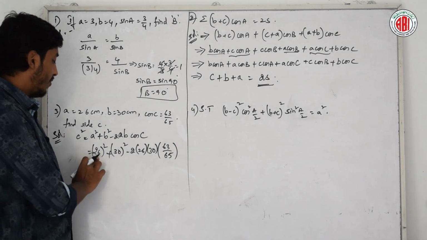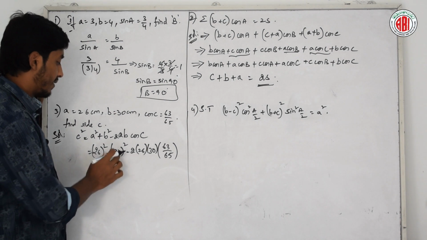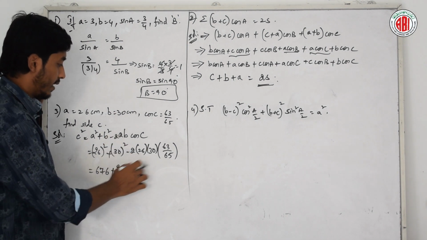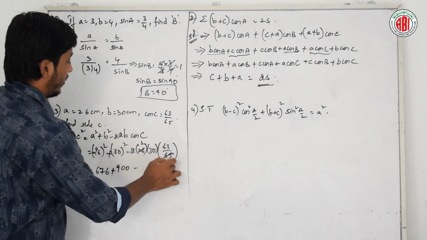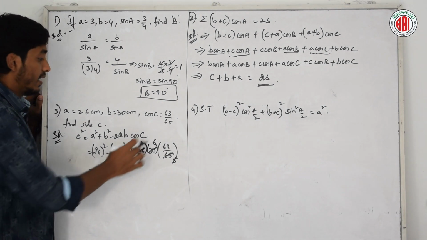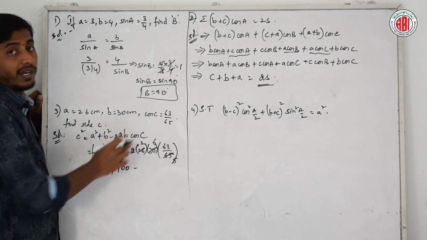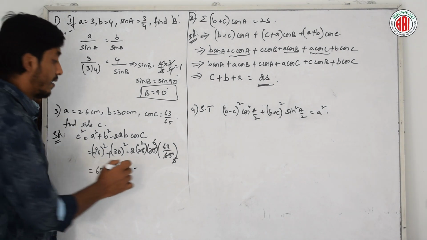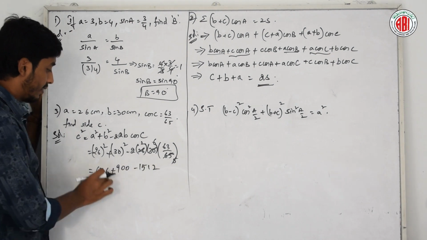Now tell me, what is the square of 26? 676, isn't it? Plus 30 square is 900. Check whether you can cancel something here. 13 2s are 26, 13 5s are 65, 5 1s are 5, 6 5s are 30. Right? 6 into 2 into 2. 6 2s are 12, 12 2s are 24. 24 into 63, that is 1512.